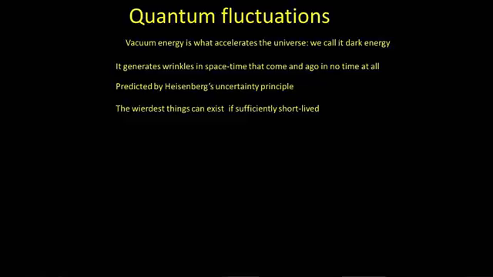First of all, we've discovered it in terms of what we call dark energy, which gives an acceleration of the whole universe. That's another lecture. But what this does leave behind are tiny fluctuations, wrinkles in space and time, if you like, that are so short-lived that they just come and they go, as quantum theory says things should on the tiniest scales. You can never actually measure something because the act of measurement perturbs whatever it is you're measuring. So you don't know exactly what is there. And that's the essence of what we call the uncertainty principle of Heisenberg.